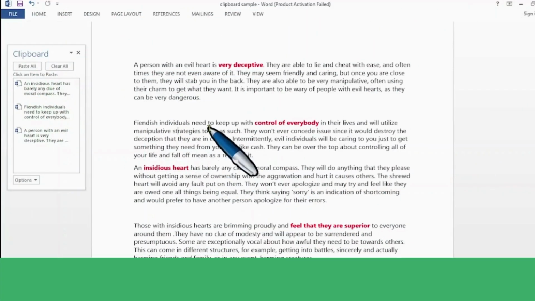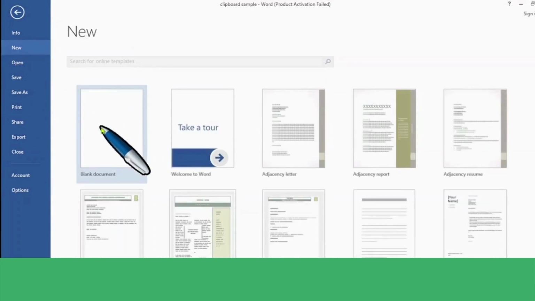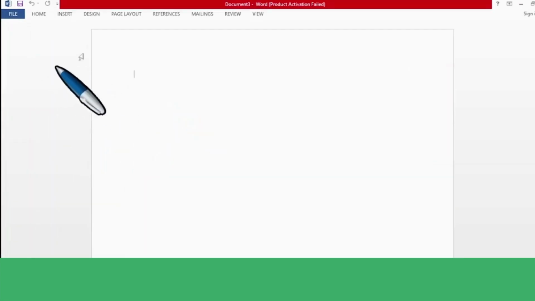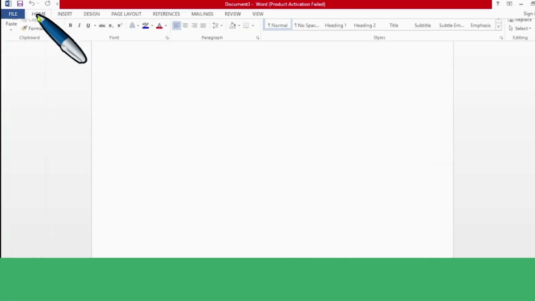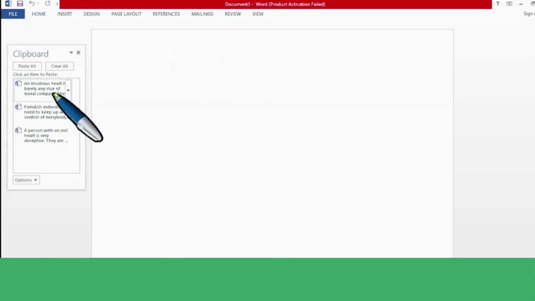If I want to paste them on a new document, what I'm going to do is just open a new document. Come here on File, then click on New, then click on Blank document. Here I can also see what was copied in this new document. I just open now the Office Clipboard. As you can see, everything that I copied in the Office Clipboard appears here. So to paste